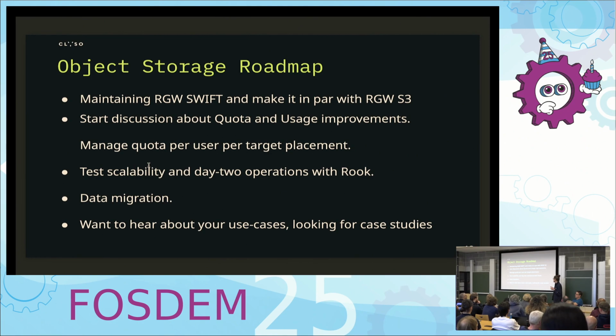We want to start a discussion with the community about quota and usage management improvements to support target placement there. Now that we have a cluster, we want to test day 2 operations with Rook and scalability, and also make improvements if we find that something could be improved. We also want to investigate the data migration topic. If you're coming from the cloud into Ceph and you already have a lot of data, there should be a way to migrate your data,